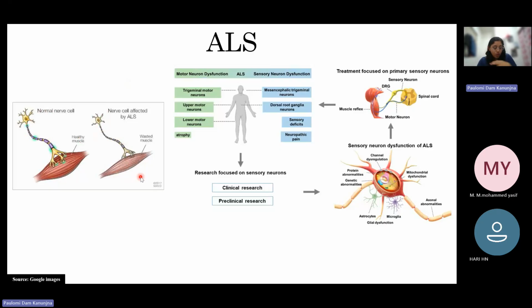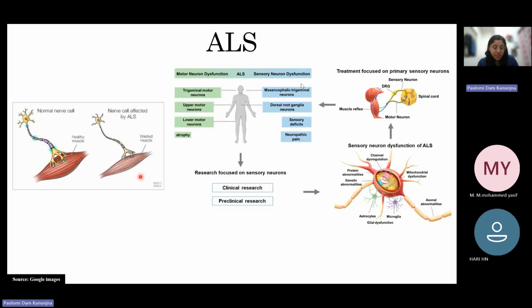So overall, what happens is that you have a scarring of your spinal cord pathways. Your muscles are not functioning. So your spinal cord and your brain are not able to communicate. There is no proper relay of information and you have hardening of muscles there, right? And what are the symptoms? Because your muscles are not functioning, you will have